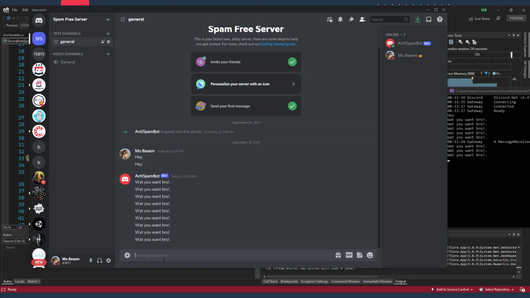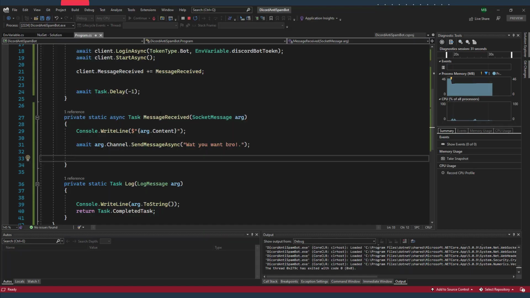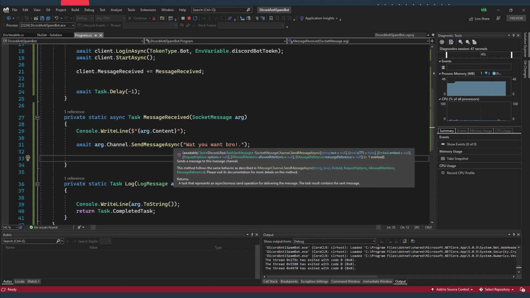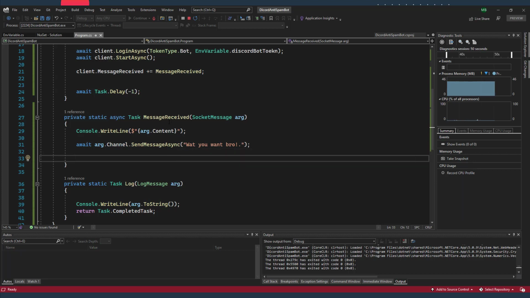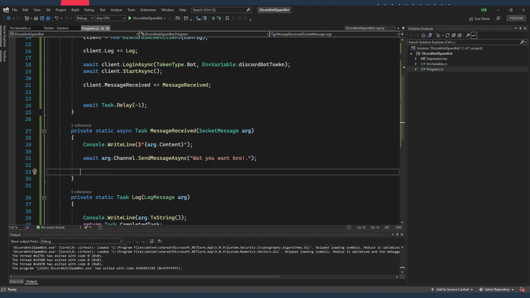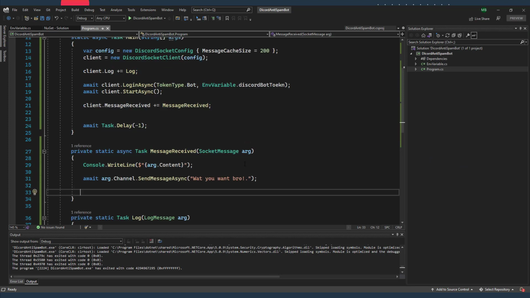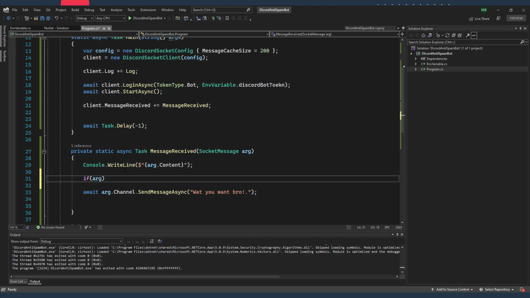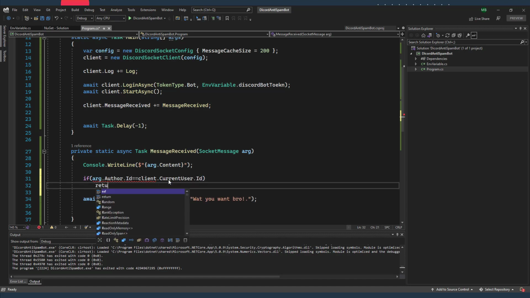And there is a reason for that, because this event will get called whenever a message is received, regardless of who sent this message. So once our bot actually replies to our message, that will also trigger another message received event. To prevent this, we need to check the sender or the author of this message that we have over here. So if the message that we received, if its author ID equals our client current user.id, we simply want to